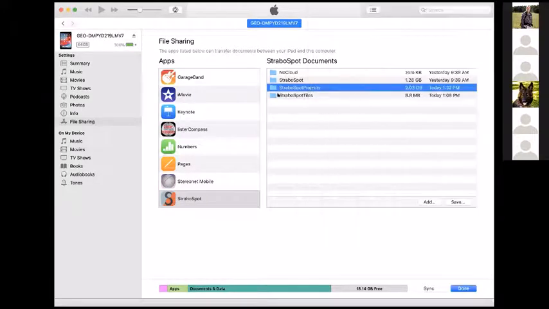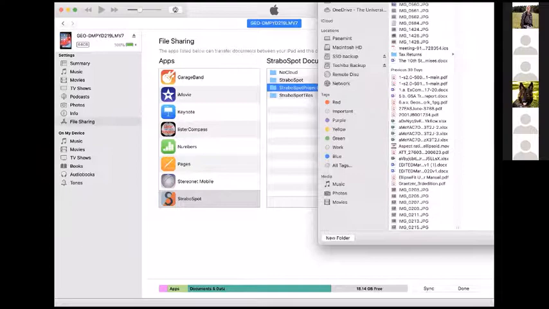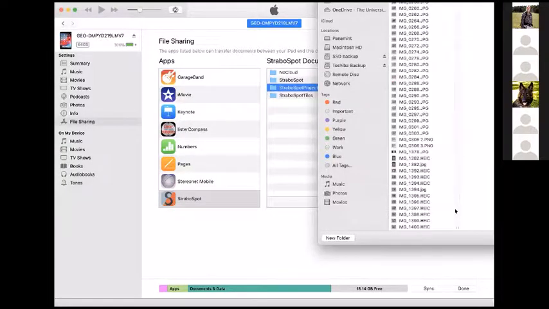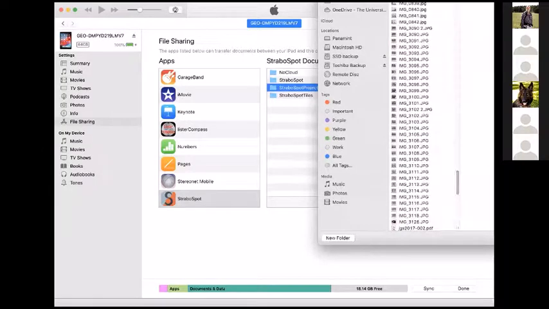And then in reverse, you can put your iPad on, do add, and then go through your computer and find those same files.